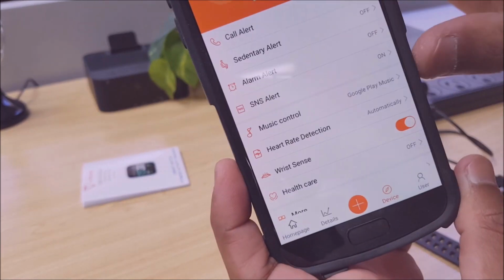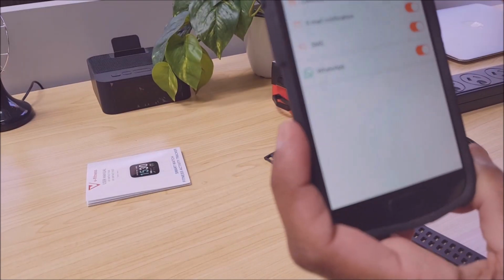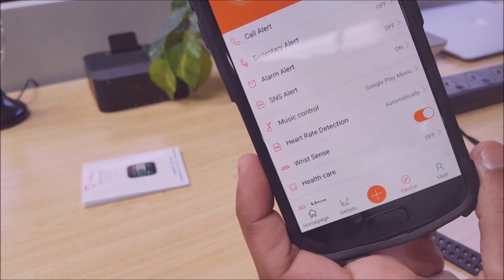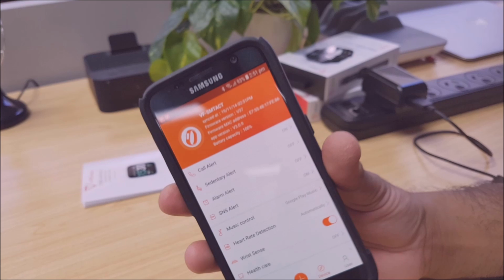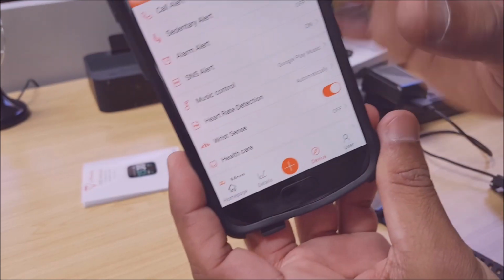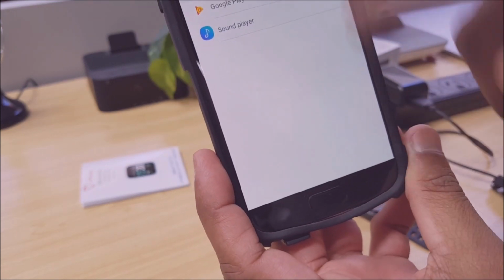Okay, so back to device. So that's SNS alert. Okay, sedentary alert, as I was saying before, is if you're sitting still for too long. So if you're in an office environment and you need to get up and exercise at frequent intervals, that'll be a good functionality there. Okay, music control, you can play music from the